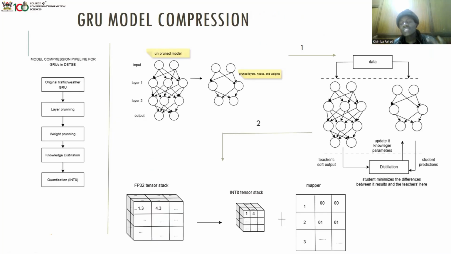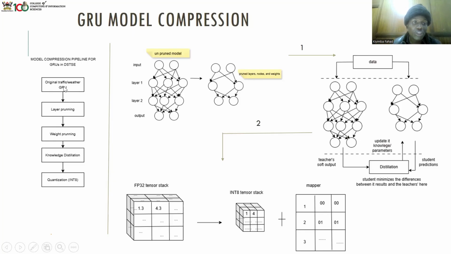So the entire system, we had to compress it, but how? We resisted compressing the Bayesian network and the SVM because these were small models, and any small tampering with the structure or the nodes in there could result in poor readings. So we took the GRUs only and subjected them to compression. And here we have the compression pipeline, okay?